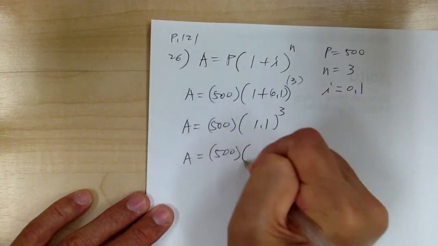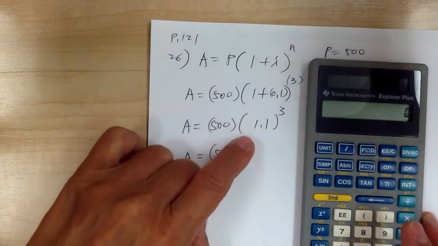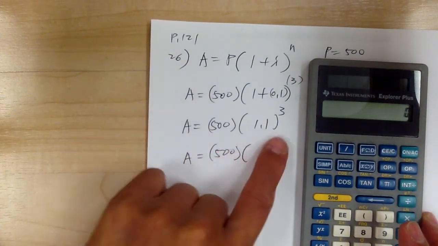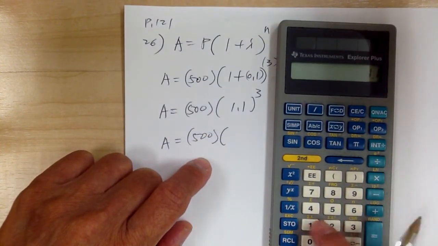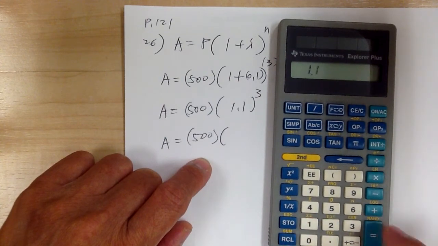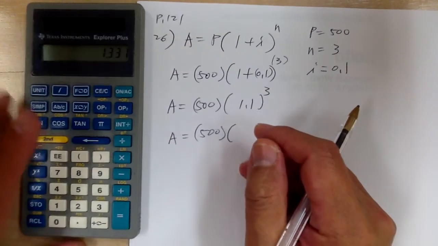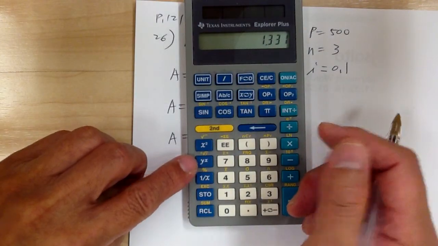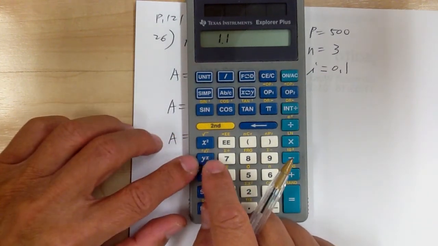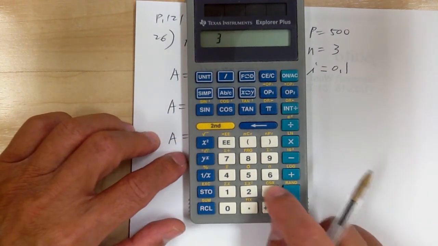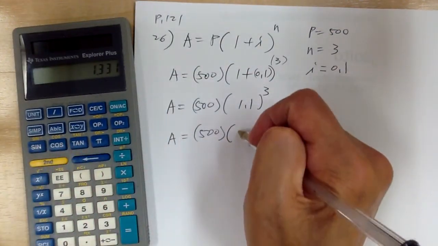So it becomes 500 times, and this one is to a 3 power. If you don't know how to use the exponent, you just go 1.1 times 1.1 times 1.1, right? Again, 3 power means there are 3 of them. In case you don't know how to use the cube. But if you know how to use the cube, like this one over here, you can do it either way. You go 1.1, push this button over here, then push 3, and push equal, and you get the same answer. So again, make sure you know how to use your calculator. So you get